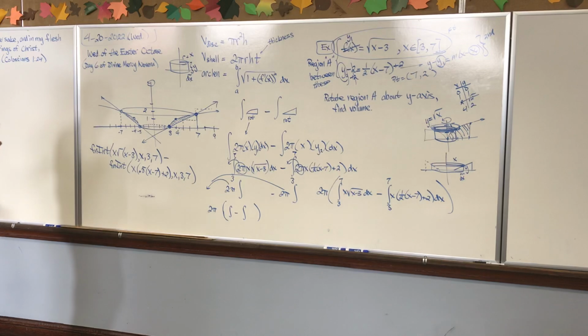Try that. I gotta catch up. Hang on a second. So math 9. So x radical x minus 3, comma x, comma. Everybody knows what the comma key is, right? 3, comma. It's a separate key. And then minus another FNINT. X, new parentheses 0.5, new parentheses x minus 7, close parentheses plus 2, close parentheses, comma x, comma 3, comma 7, close parentheses, hit enter, wait 5 years, and